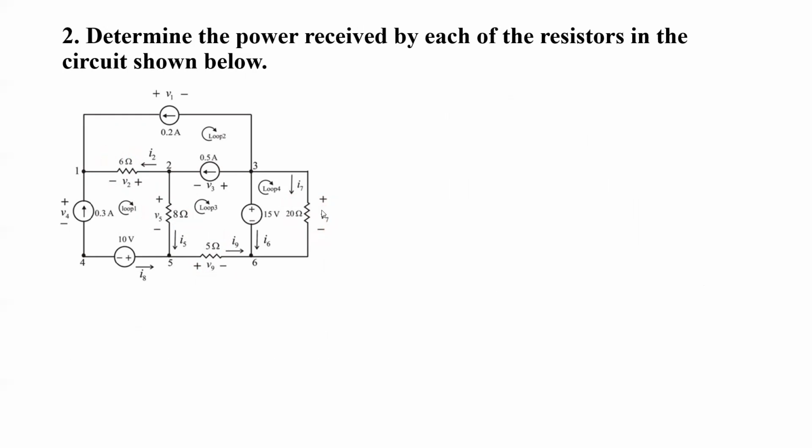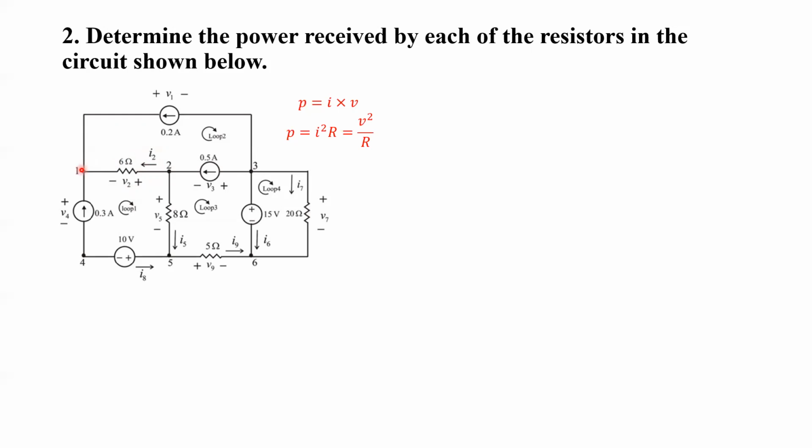In order to compute the power received by each of the resistors, we know the formula P equals IV, and it can also be written as I squared R or V squared over R. In the case of a resistor, since we are already given the value of resistance, if we know either the current through the resistor or the voltage across the resistor, then we can easily compute its power. So for the 6 ohm resistor, first of all, let's try to compute I2